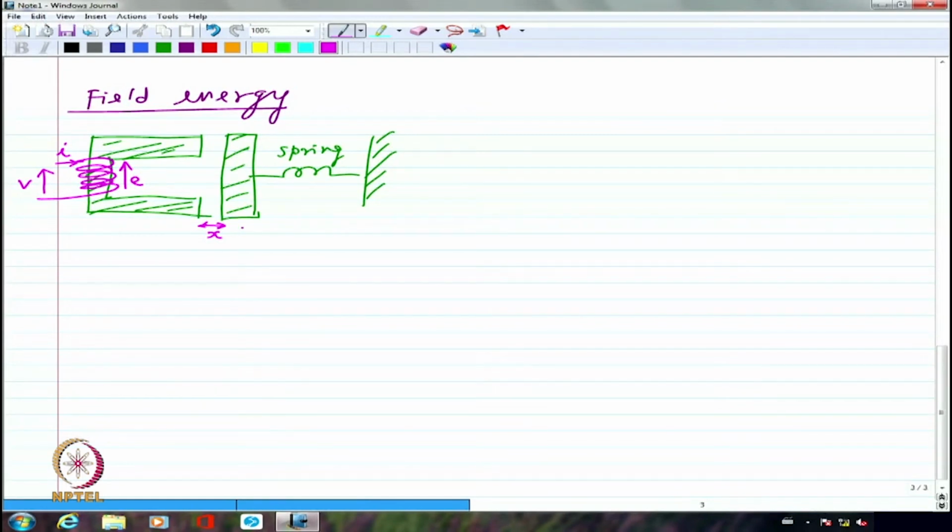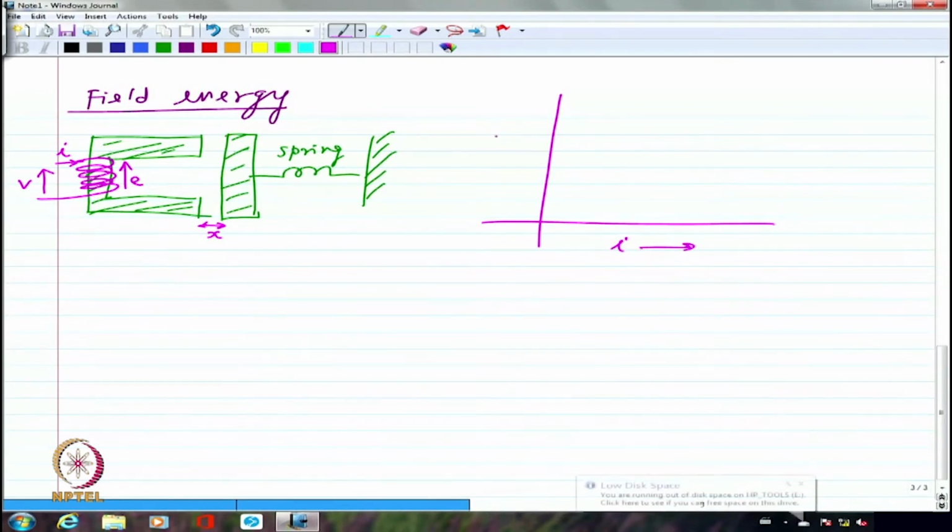Okay? Now, when the current was not flowing, I may still have had a distance of X. And when the current is flowing, if the current is not strong enough, I am definitely still going to have that distance maintained as X, because the spring is going to hold it at that particular place, whether we like it or not. So, if I try to plot, as I increase the current,